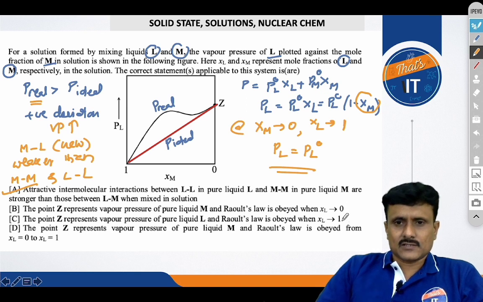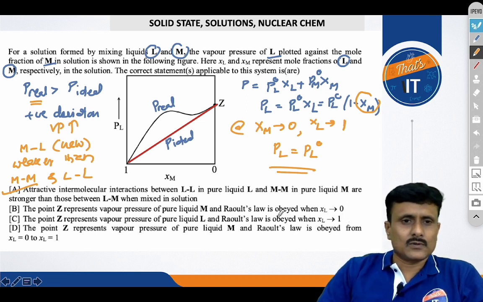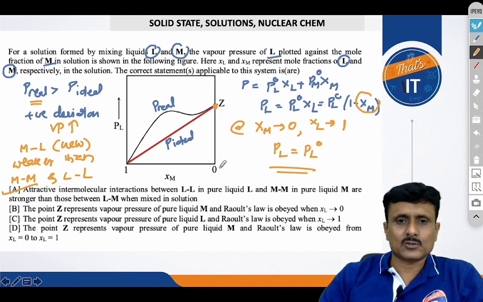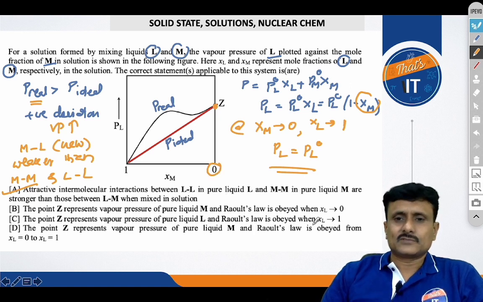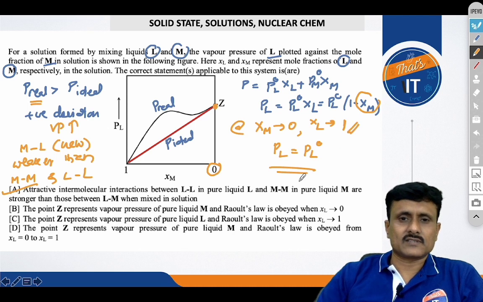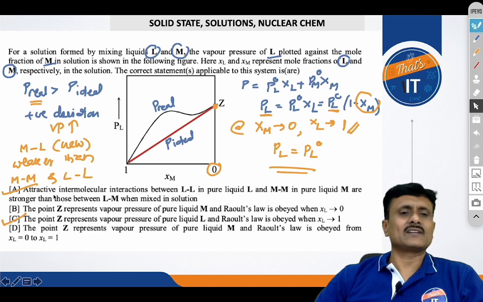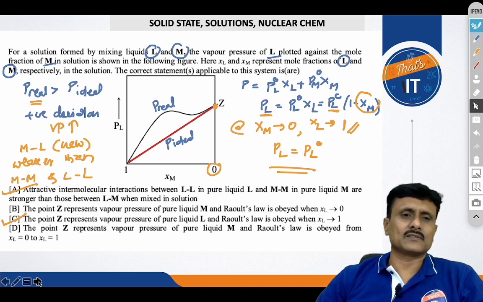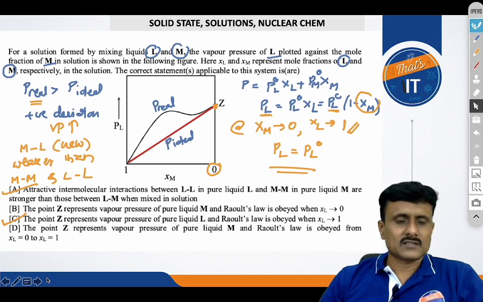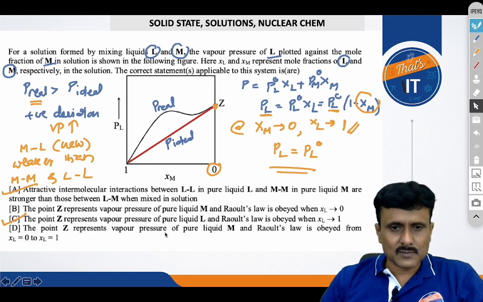So when XL tends to 1 or XM tends to 0, the point Z represents, you can see this is M tending towards 0. So for XL tends to 1, the condition which I have applied, you can see PL, that is the vapor pressure, is nothing but the vapor pressure of pure liquid when XL tends to 1. So option C looks to be the correct answer, which is matching this question, isn't it? When it is matching with C, it doesn't match with B and D. Please look at it carefully. Is it matching? No. The point Z represents, no, it is not matching. It represents the vapor pressure of pure liquid M,